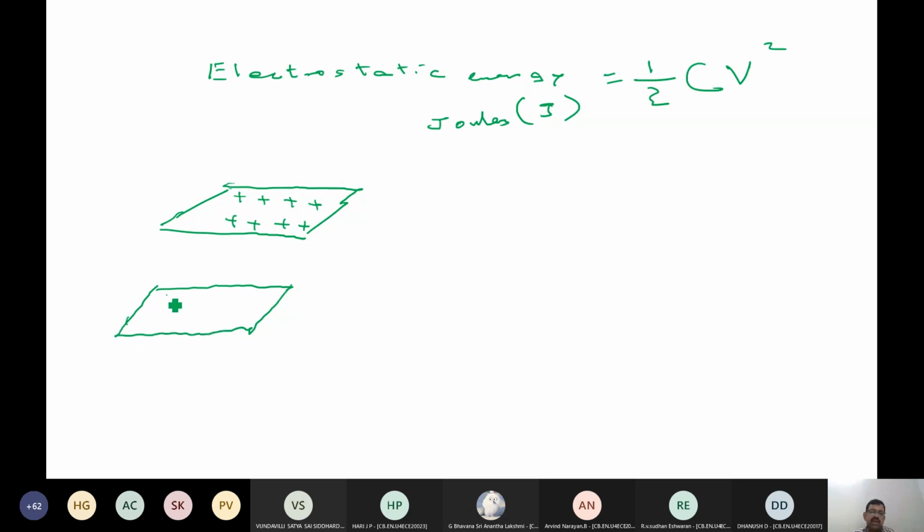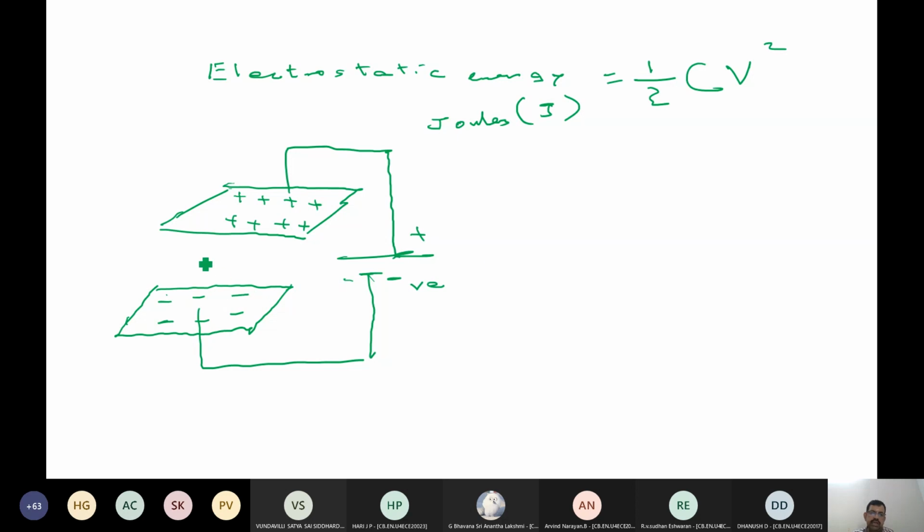So how much charge can it hold? I told you the work done in removing electrons from one plate and putting them on the other plate is the electrostatic energy. So how do I visualize this? I'll show you again. Every time I have to pull this diagram to ensure that you are on the same picture. This is my positive, this is my negative terminal. Now this is a dielectric in between these two parallel plates of the capacitor.